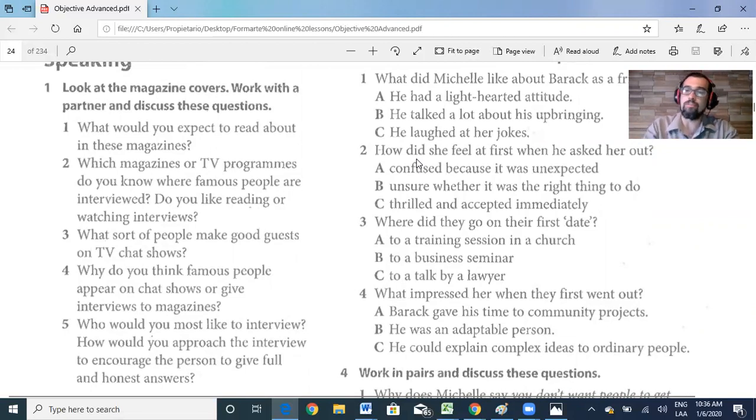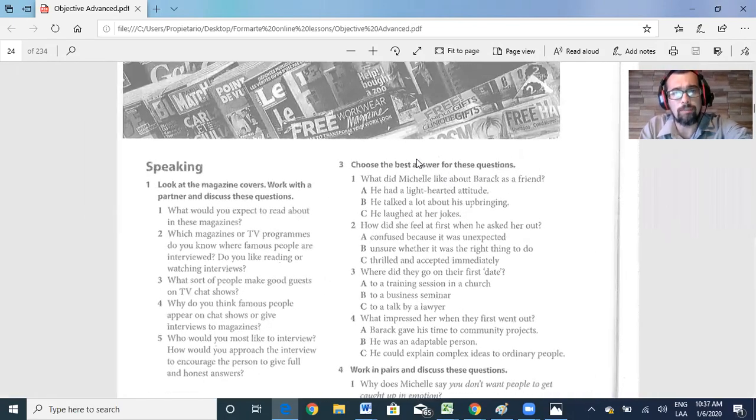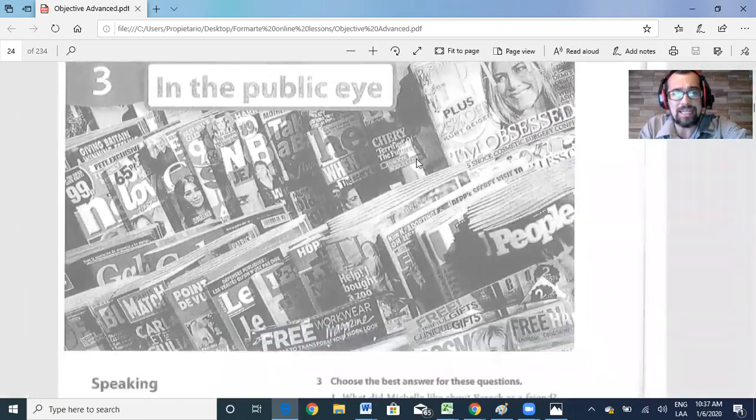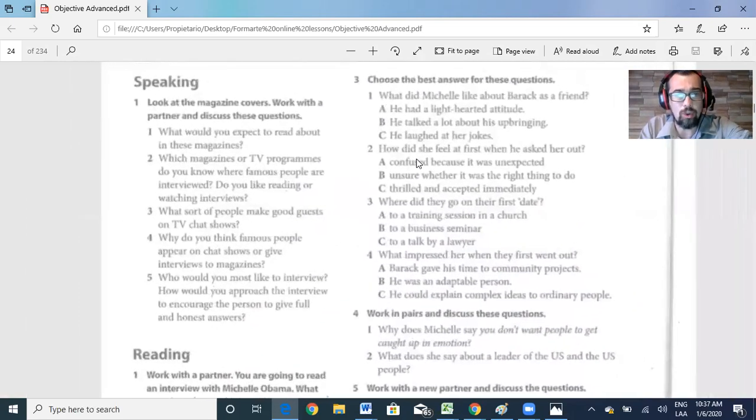Just remember, part one of the speaking test is a lot about us, just personal questions about our hobbies, what we like, where we like to go, and they're going to evaluate future tenses. They're going to evaluate infinitives, gerunds, simple present, all those grammar parts. That's what they're going to evaluate in this part. So it's very important for you to take a look at these magazines, and based on these magazines, you can answer these questions.